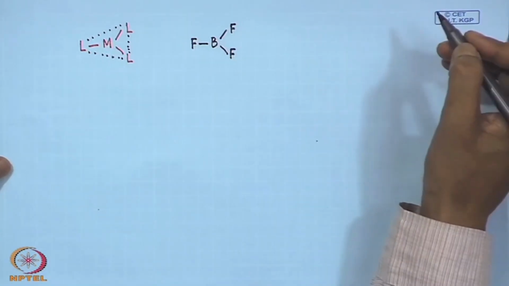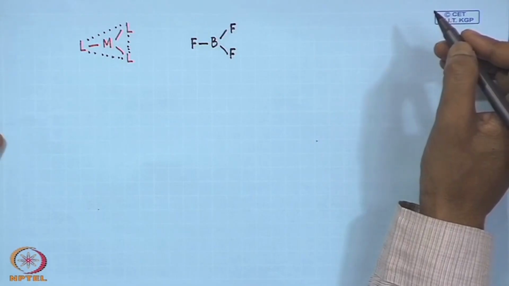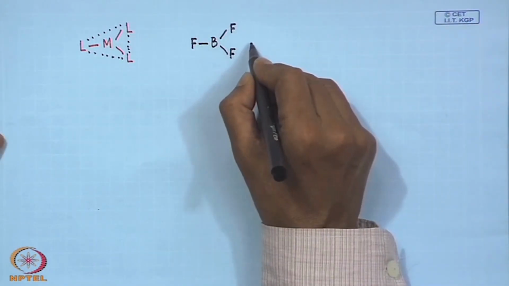So, boron is there, which is attaching to 3 fluorine atoms, giving rise to boron trifluoride, and we all know what the corresponding structure,